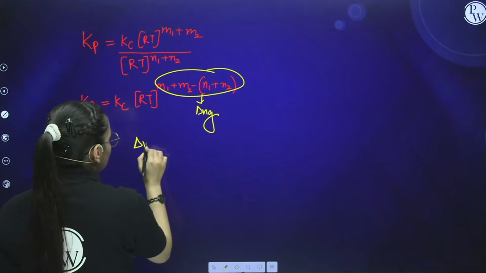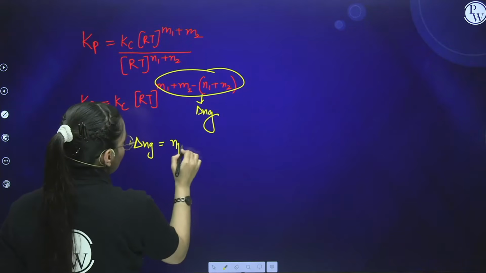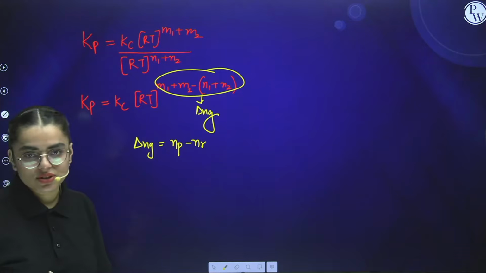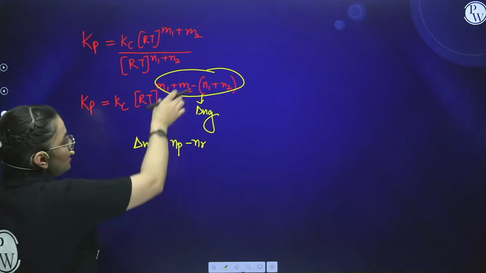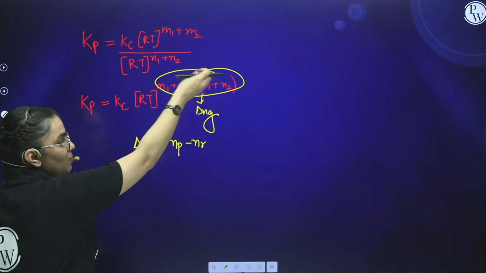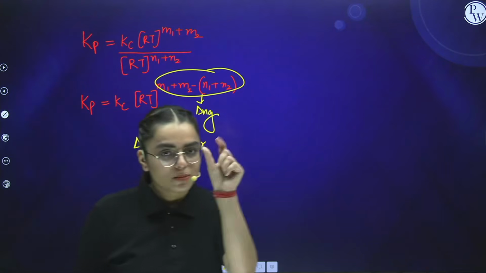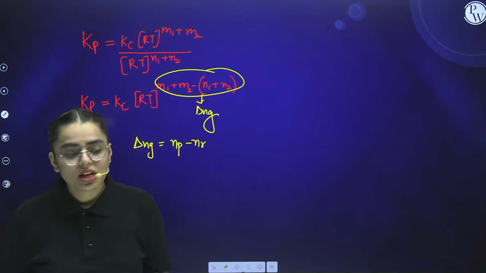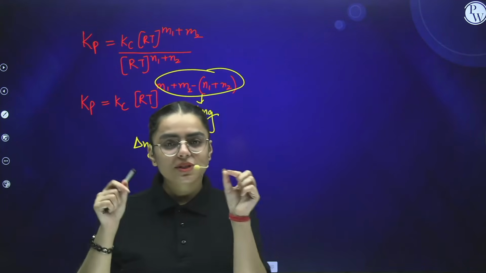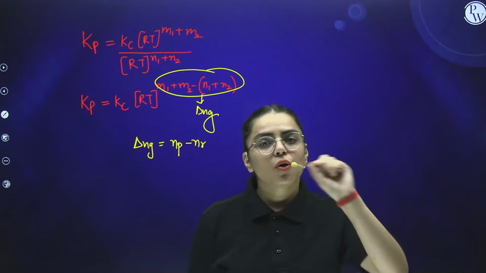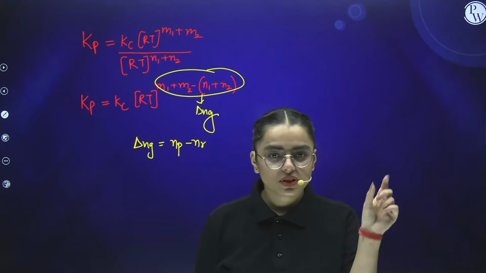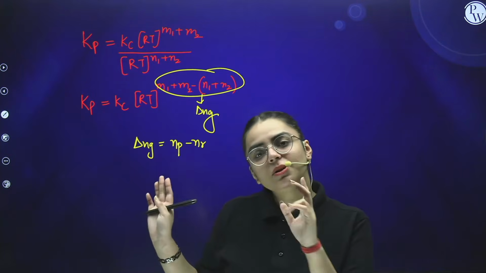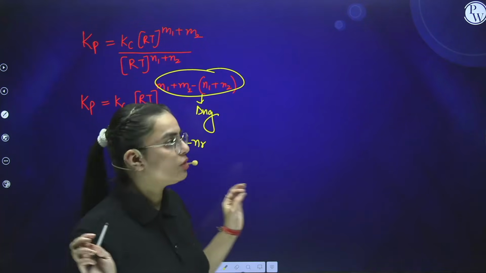What do you mean by delta Ng? Delta Ng refers to number of moles of product minus number of moles of reactant. And G here stands for gaseous. So these are the moles for the product minus the moles for the reactant, which are the numbers present over here. Now students, if you study some basic concepts of chemistry, the numbers present in front of the A, B, C, D are not always the moles. But in this case, when we are talking about chemical equilibrium, we consider them as moles only. So do not forget. Okay.